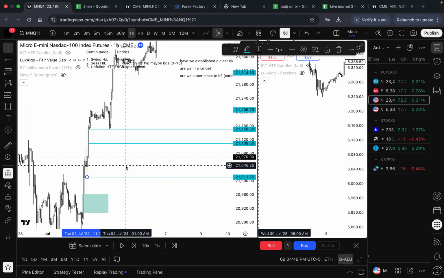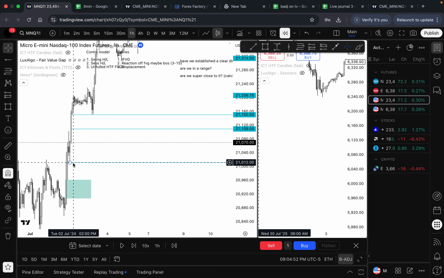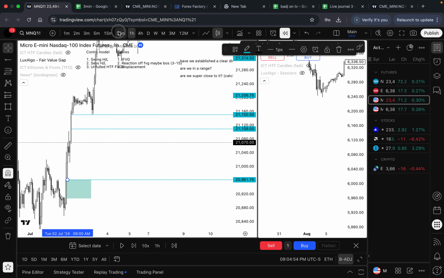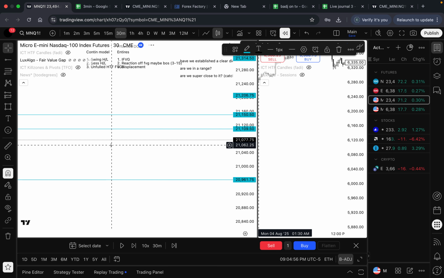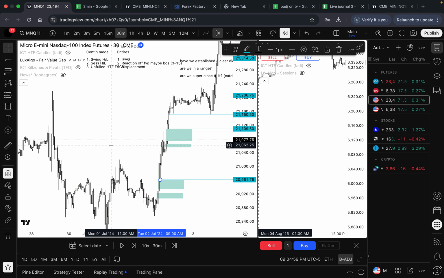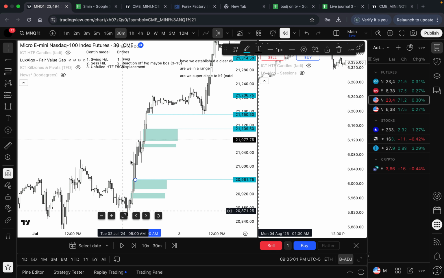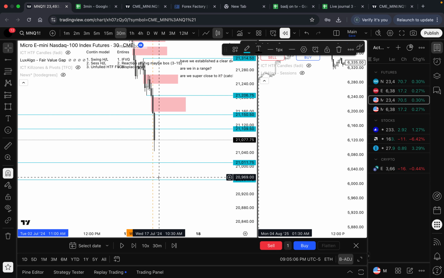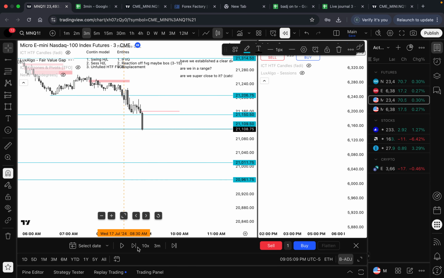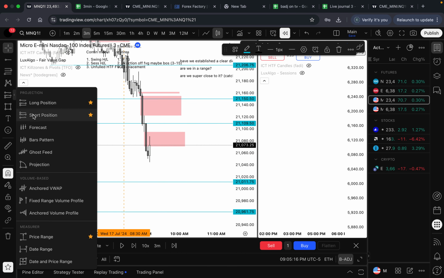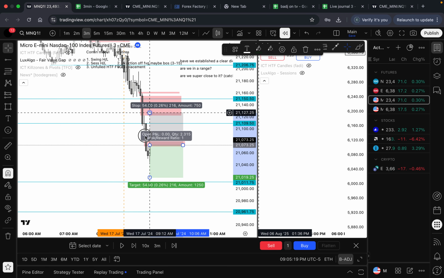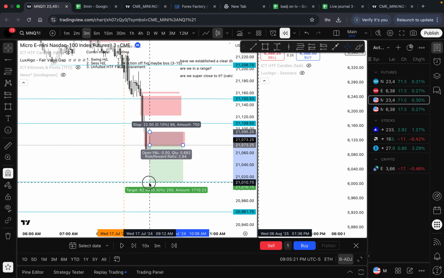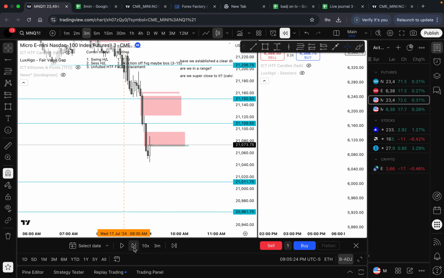Okay, next, I guess, logical draw is this hourly low. I wouldn't really count this as a swing low, though. Probably something more like this, but let's see if there's a swing low in the 30-minute. Which might have been that. I mean, not really. I'll mark it, though. It's the only next, closest draw. Let's see how we end up. So, okay, we keep on pushing down. Good rejection. Ironically, we might lose this trade, but let me see what the RR is. Oh, no, we're not even close. Yeah, we're not taking that.